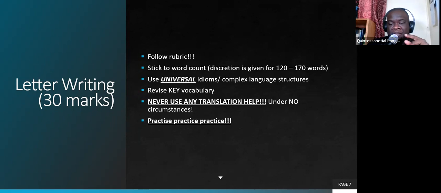Moving to the next point, you need to revise key vocabulary. But in revising key vocabulary, there's nobody here, I think, including myself, that will remember all the vocabulary words that they learned. So many times the vocabulary learning is really a dreadful thing for students. The words can't seem to stick. I'm sure persons here have that complaint, yeah? The words just don't seem to stick.